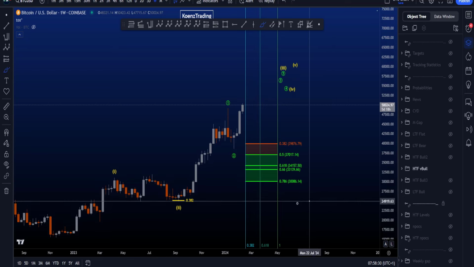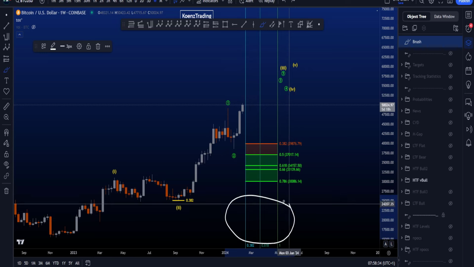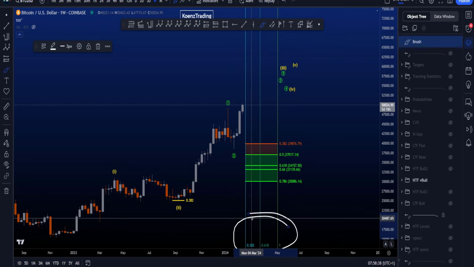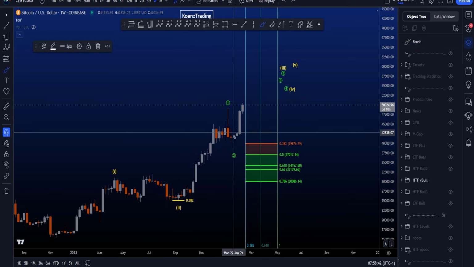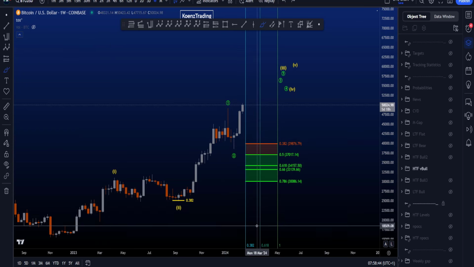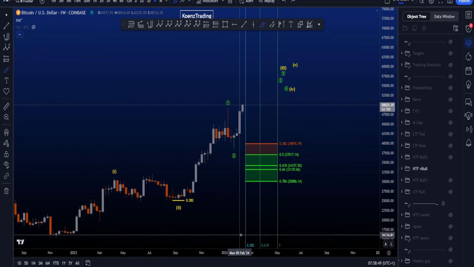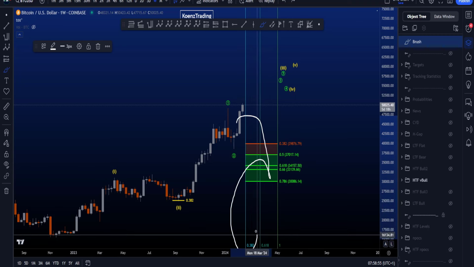However, what you can also see is the target box here for a wave 2 and the vertical lines. And what is important in this case are the vertical lines. These are Fib times taken from the low to the high of this wave 1. You can see that the low over here is made before the 0.382 Fib time, which is uncommon, rare for a wave 2. By far most common is that a corrective structure of an impulse is finishing at least after